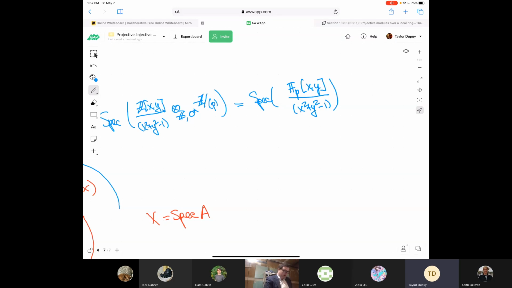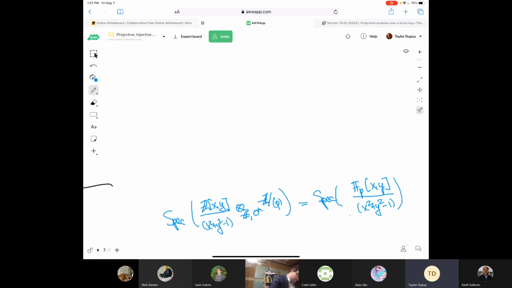So what happens is that we have spec z down here, and then at each fiber we have the reduction of this. So at every prime here,